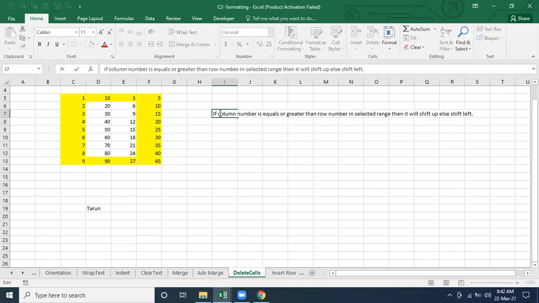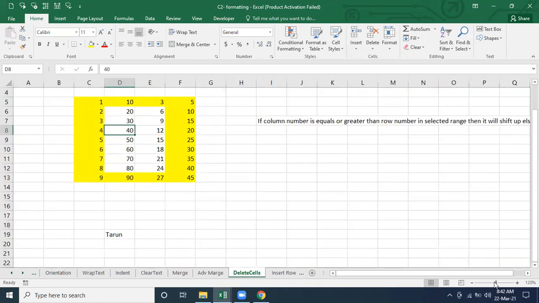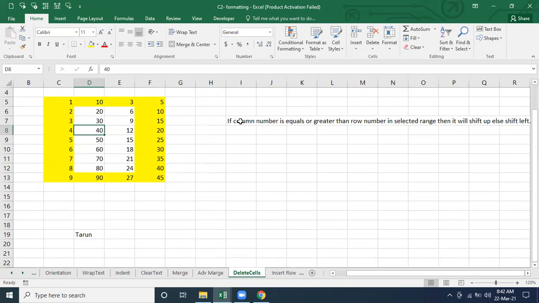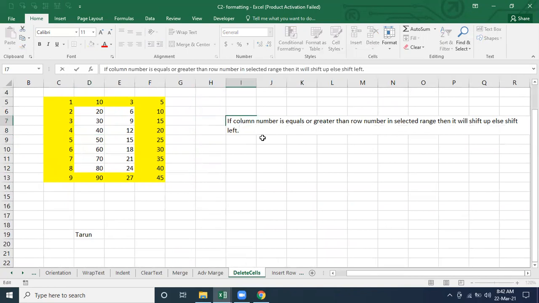So as per this definition, what will happen? Where is it going to sit? Can you pick up the formula, the content? If the column number is equal or greater than row number, it's a range. Okay. So if column number is equal or greater than row number...